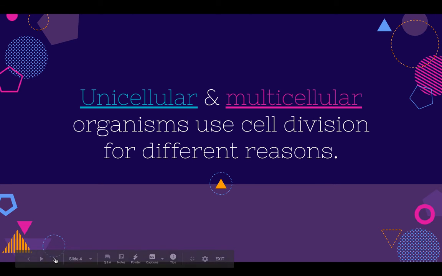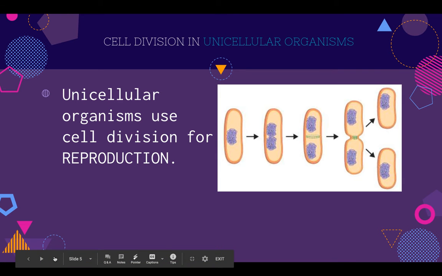Well, different types of organisms split and do cell division for different reasons. We're going to look at both unicellular and multicellular. Let's start with unicellular because they're simple. Unicellular organisms, when they split in half, they're reproducing. We talked about this in trimester 1. This is called asexual reproduction,